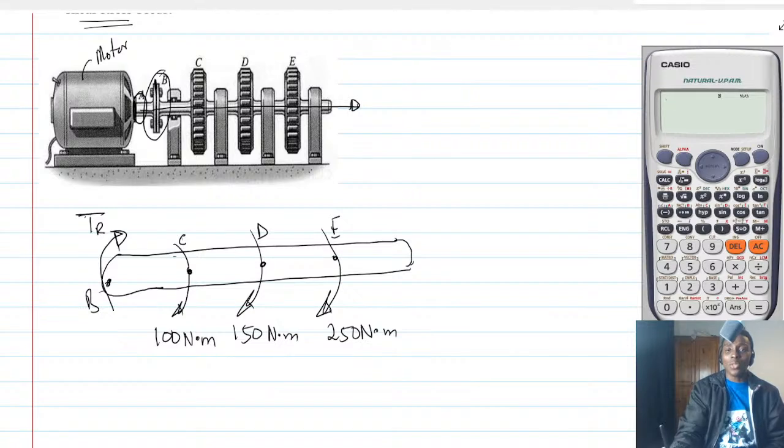So we have to sum torques to be 0. So summing torque to be 0, but we need to choose a convention. So we can say that clockwise is positive. That's a convention. So TR is going to be in a direction which is going to oppose